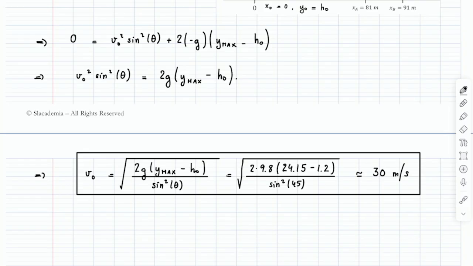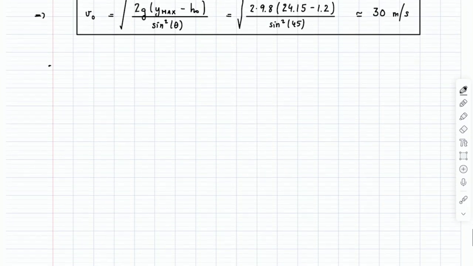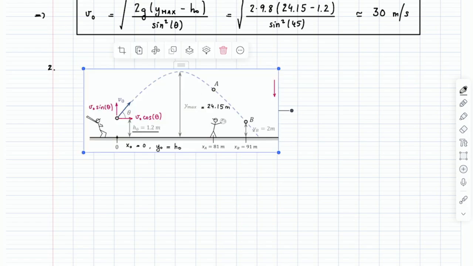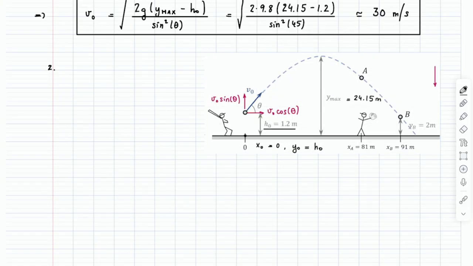So where along x does the ball reach its maximum height, y max? That's a really good question. Let's take this here again just so that we can look at it. Okay, we want the location x here, right? We had called it x1 earlier because we had said that the time t1 here is when you reach the max height, so that's pretty good. I'm going to stick with that. And I'm going to then solve for this location.